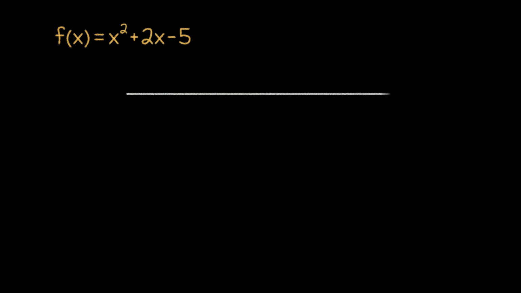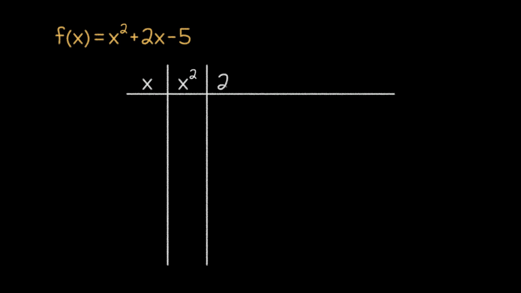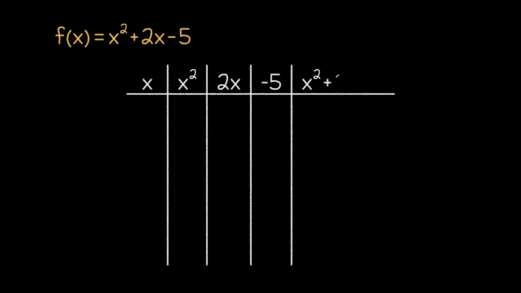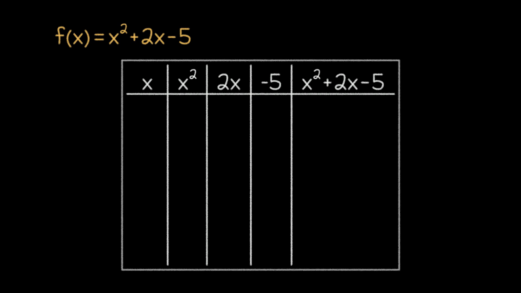Now, let's go back to the standard form function that we were unable to make a machine for since the function couldn't be represented as a sequence of steps. You might think that this would also make it a challenge to make an extended table of values, because the columns in our extended table usually mirror our sequence of steps. Thankfully, though, this isn't a requirement for tables. Even though that is how we've constructed our tables up to this point, each column doesn't have to directly follow from the previous column. This allows us to make a table that looks something like this.